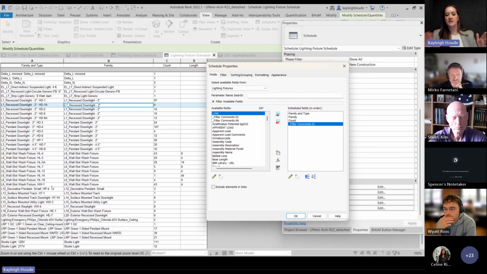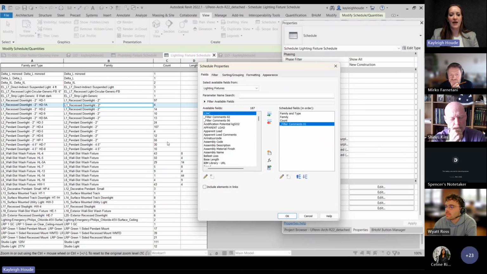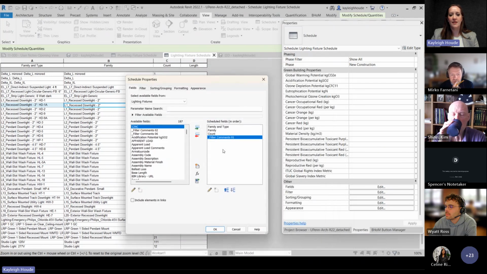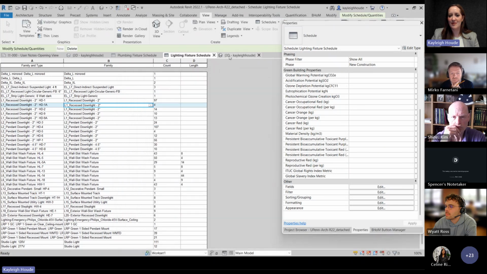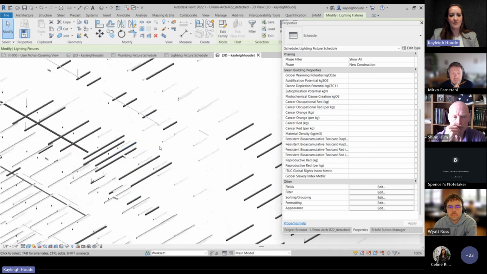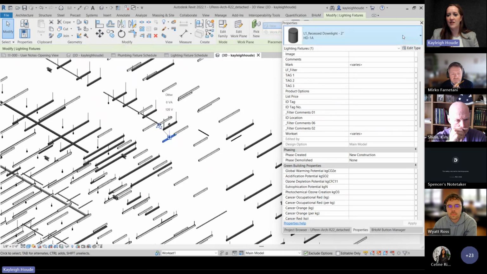Even if some of these were, let's say, 4-foot linears, some of them were kind of bespoke sizes, and I had to find a median size to try to get the right balance in there. So I've added in this additional parameter. I called it length, but put it in filter comments. It might be hiding in another property in your model. So we can just take a look at some of those linear fixtures here.